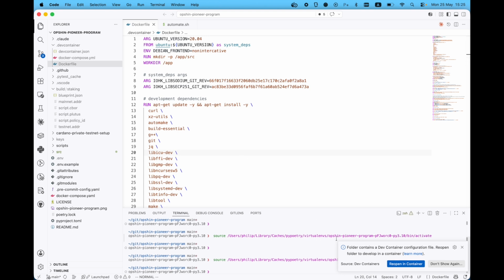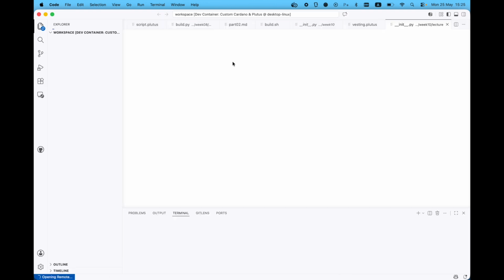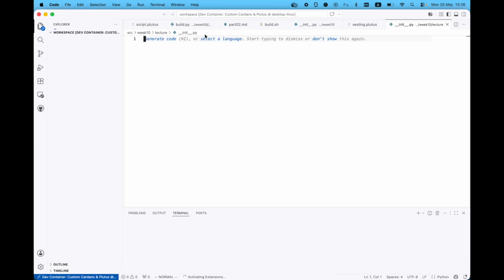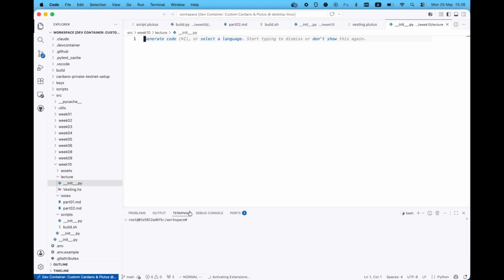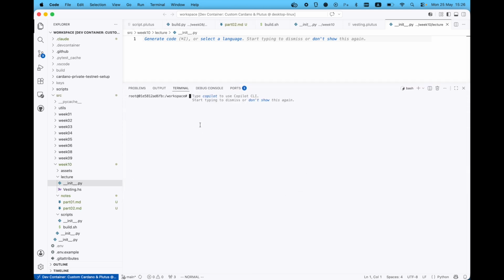Okay, so I started the Docker app, and now we should be able to open it inside this container. Okay, so now we see we're in this workspace,